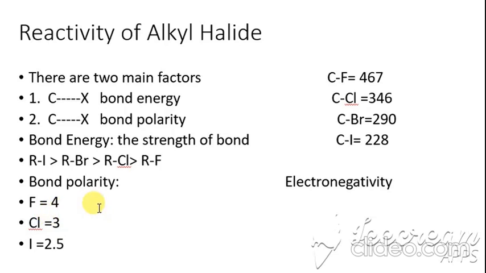The C-F bond is more reactive than the carbon chloride, which is more reactive than the iodide. So in terms of bond polarity, the most reactive and most polarized is the C-F. So what will decide the reactions? In the case of bond energy, carbon iodide is more reactive. In the case of bond polarity, carbon fluoride. But bond energy is the factor which decides the criteria for the further reactions, not the bond polarity. So as a result, we can say bond energy decides which one is more reactive.